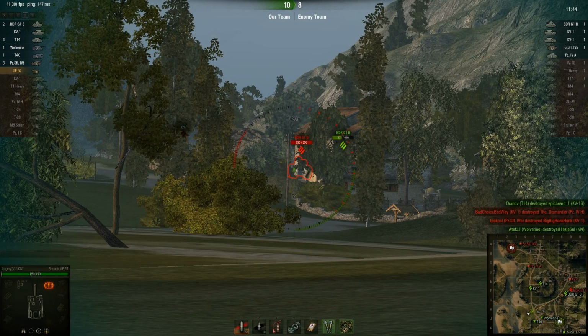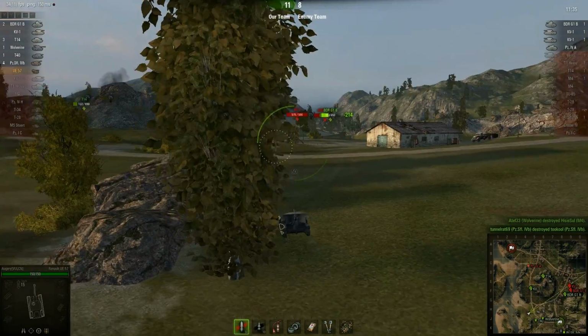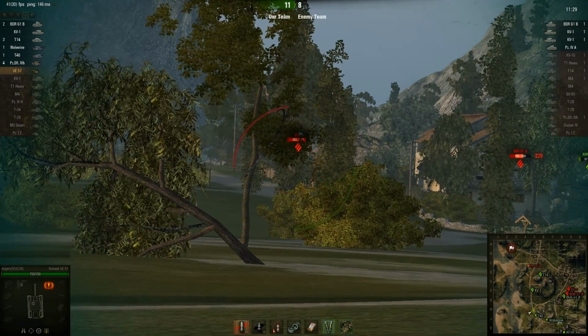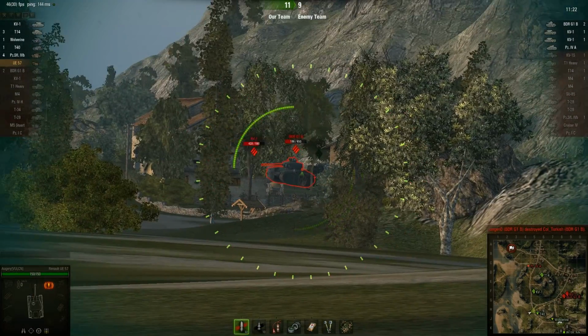So I see the BDR here. And I put some shots in, even though I know I'm not going to do any damage, because I'm shooting at its tracks, it's the only thing I can hit. But here we see a KV-1, and it's giving me its side armour. So I put one shot in, I aim for behind the rock, manage to put a second shot in,